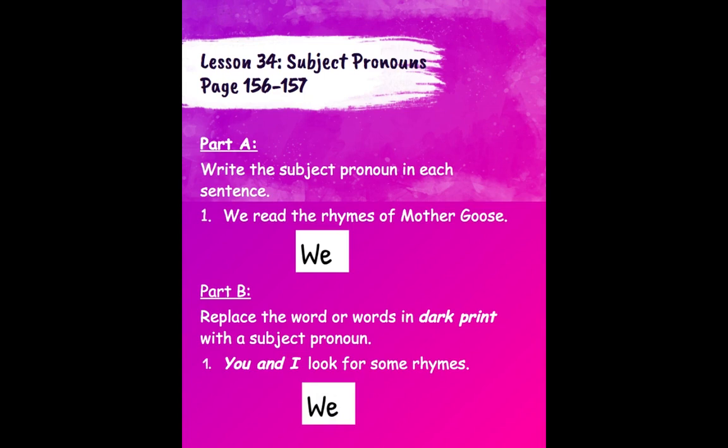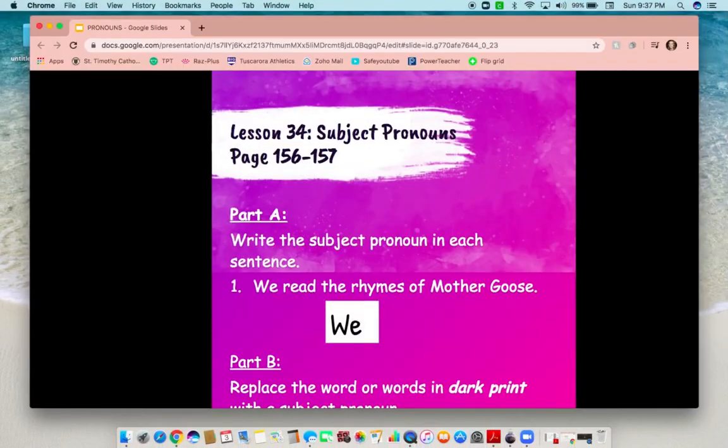So we can look and see, okay, so I'm including myself. I'm talking about more than one person. So I need a plural subject pronoun, and the one that makes the most sense in the sentence is we. Hopefully you were thinking that too. So again, this isn't a super hard lesson. It should be a good review. I think we've done pronouns in the past. So make sure you're reading each section carefully for the directions, and make sure that you are using those singular and plural when necessary, okay? And a lot of times when you say it in